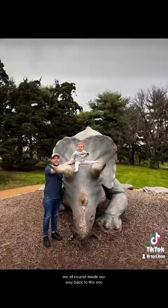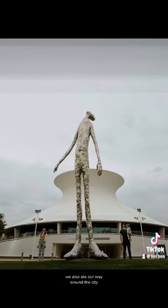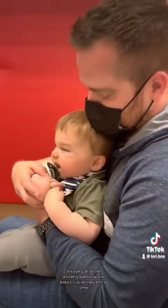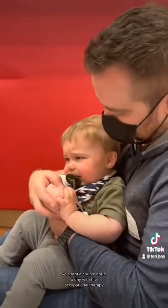We, of course, made our way back to the zoo, especially finding out we missed half of it the first time around. We also ate our way around the city, enjoying all of the amazing barbecue and Italian cuisine they had to offer. Over the next week and a half, we spent a couple hours a day with the occupational